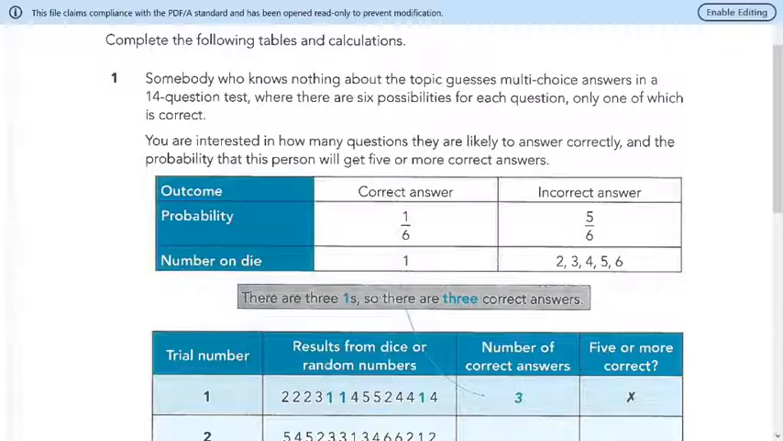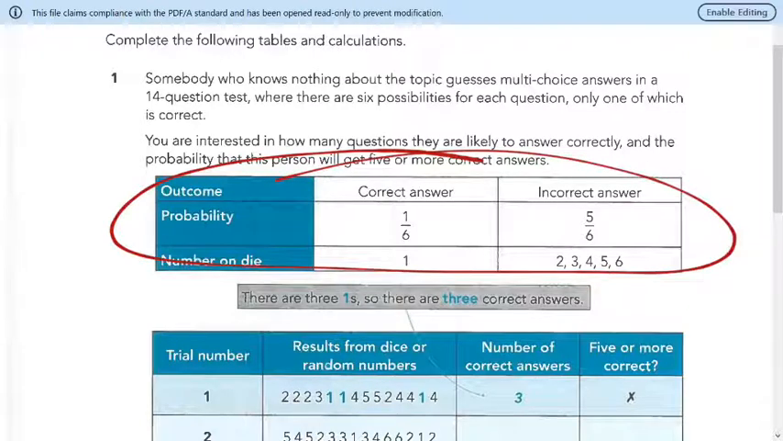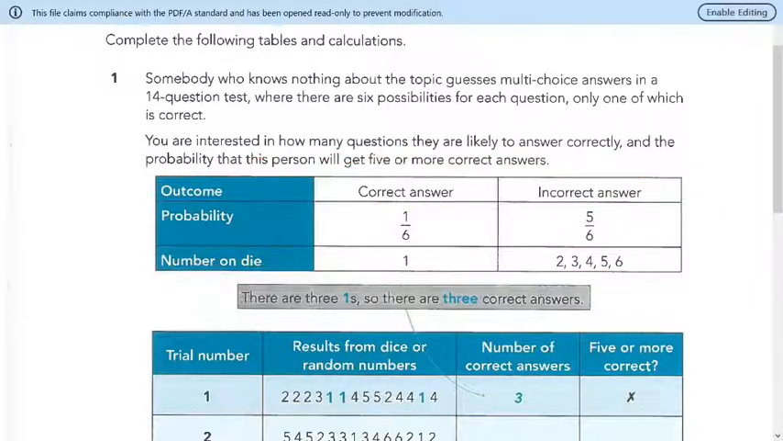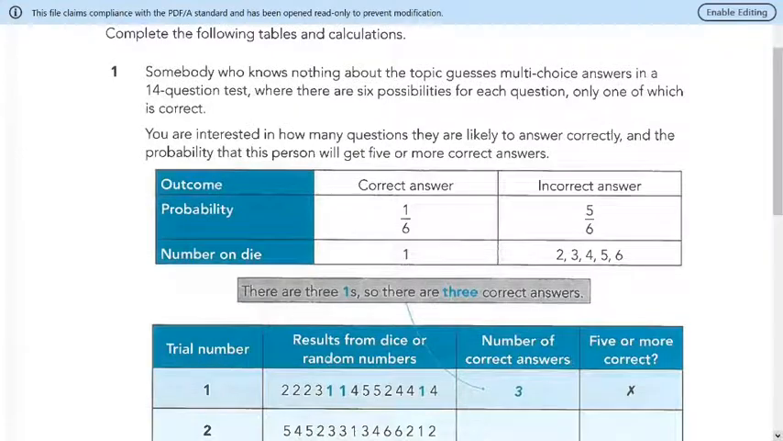All right. There's my little blurb. Complete the following tables and calculations, right? So remember that we've already done this table. This is the table that we did with the outcomes. We could either get a correct or an incorrect, the probabilities for those outcomes, and what random numbers will be associated with each one. Okay? Now we're going to do the trials. And doing the trials,